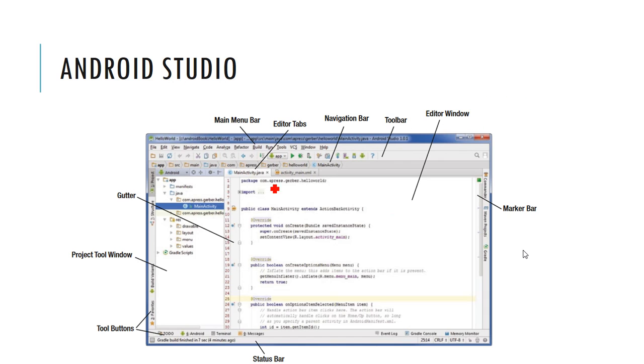And then there comes the editor tab. The editor tab will help you to switch between the files. If you have opened so many files, you can switch between them and start editing your file. These files are edited in the editor window. In the editor window you can edit your code and text files,